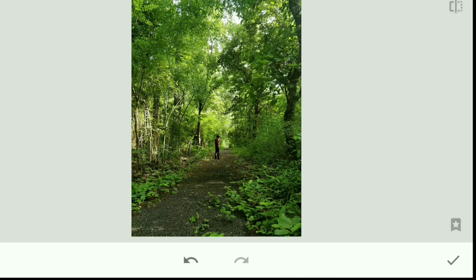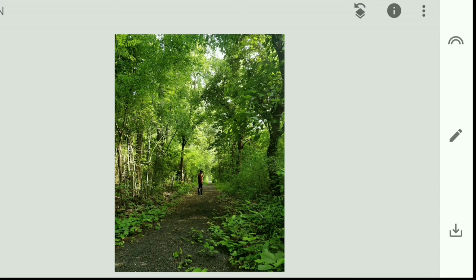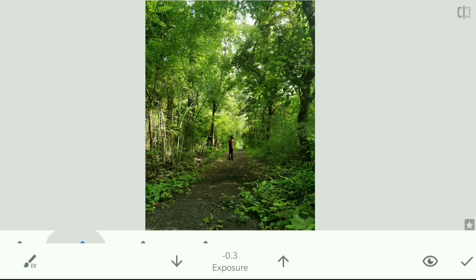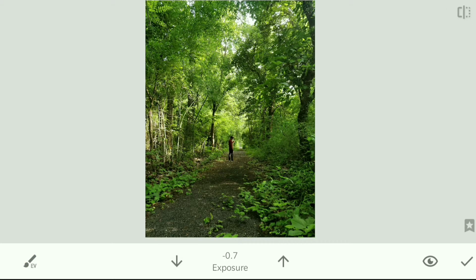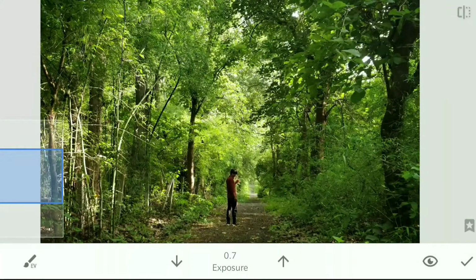Now let's manipulate the light in such a way that the viewer's attention would go right to the middle of the photograph, not the corners. We'll select the brush tool and select the exposure, and we'll decrease the exposure to -3, and we'll just apply the brush to the corner of the photograph. And now we'll increase the exposure to around 0.7, and we'll just dab it wherever the light is coming,